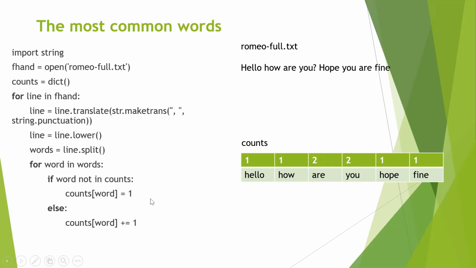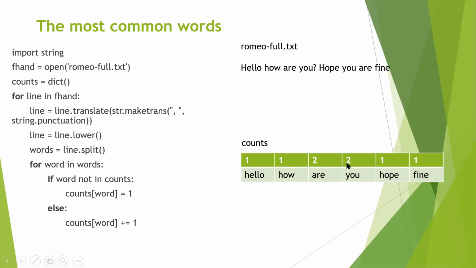And so on. Now, if it has already been considered, say for example, when I come till here, I have already seen R once, U once. Once I reach over here, this word U is occurring the second time. So if it is occurring the second time, what do I do? I increase the count by 1 more. So else, if the word is already considered, I just increase the count. So I say += 1. So for each word, I have the frequency with which it is occurring as the values.